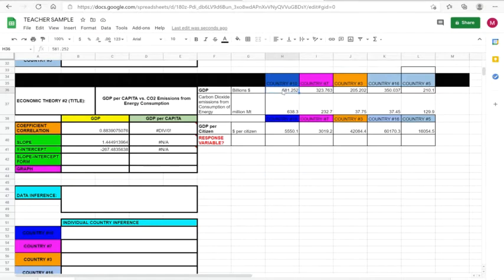So we're going to click right here on our data to create the graph, just like we did. I'm going to do that again. I'm going to click on a data point, H36. I'm going to do Shift down 1 and highlight my data. Do not highlight the country, only the numbers,